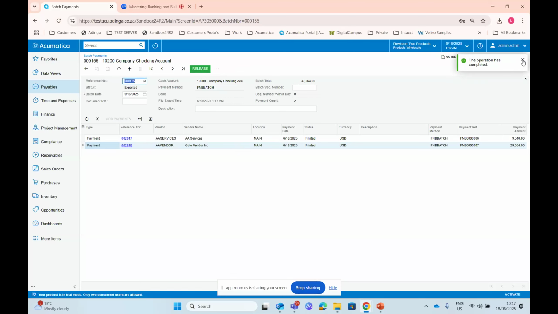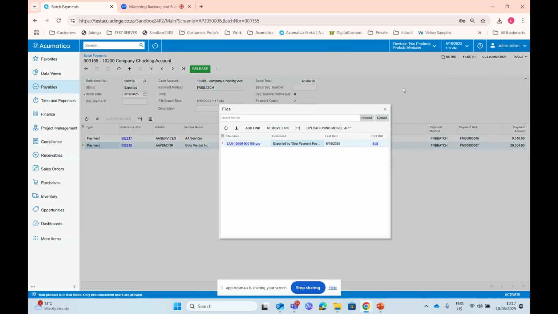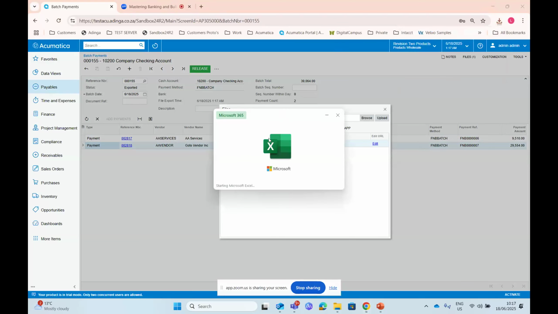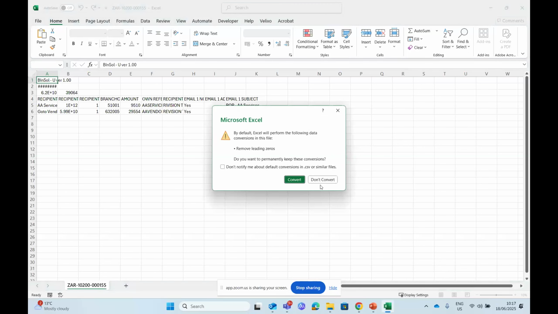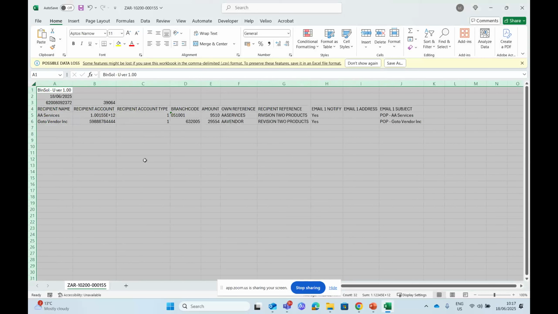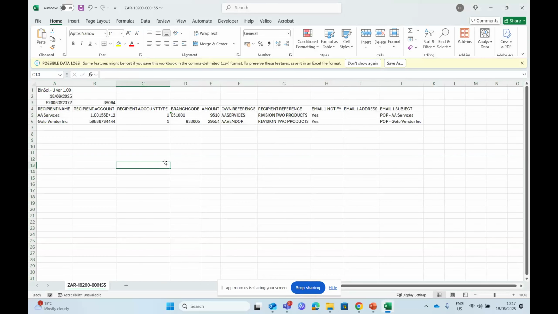Okay, now you can see it was successful and you can see there's a file. If I click on this, I can open the file just to show you how it looks. Okay, so this is the file that is going to upload in my bank.